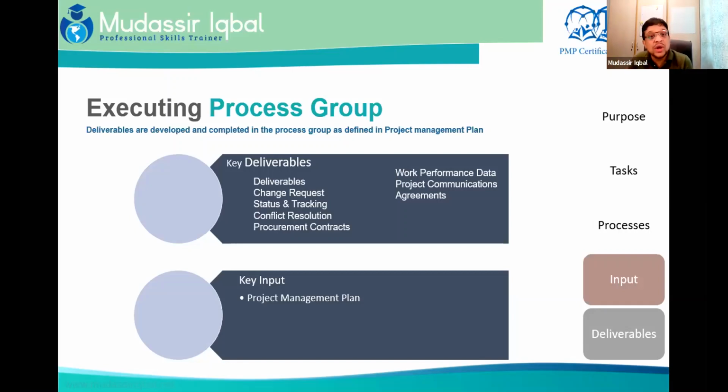So once you are doing the deliverable, change requests will come in. And how do you know that you are doing as per plan? That is where the status tracking comes in. Conflict resolution, procurement contracts, work performance data, and project communication. Project communication will happen, and the agreements as a contract procurement will happen. The risk and issues management responses, the deliverables themselves are